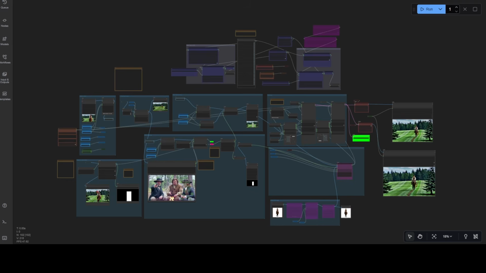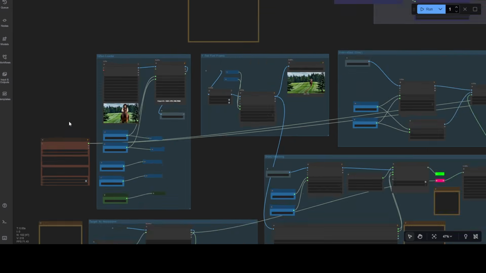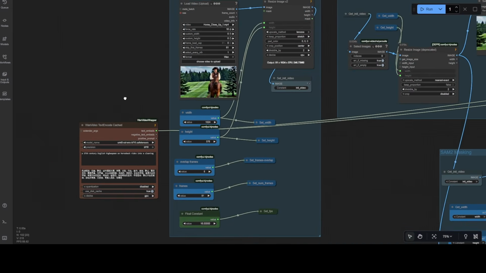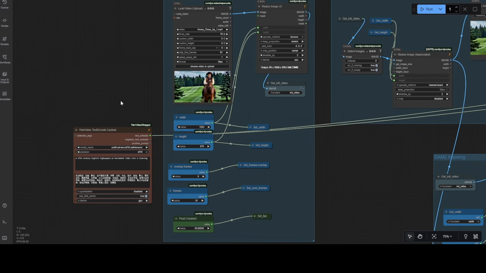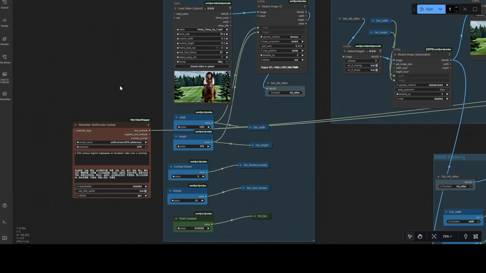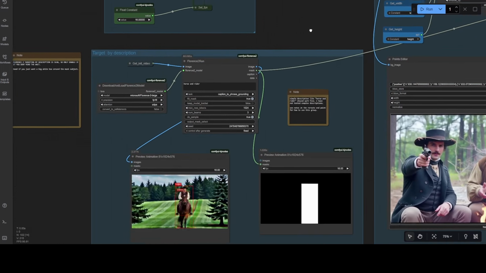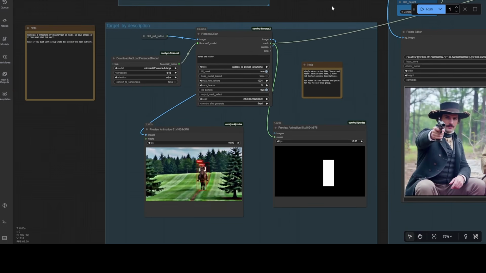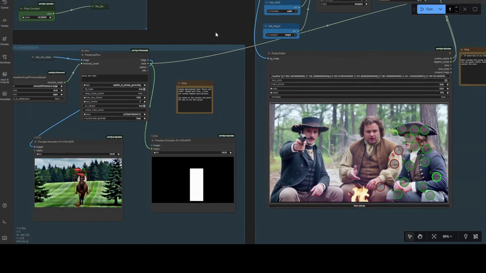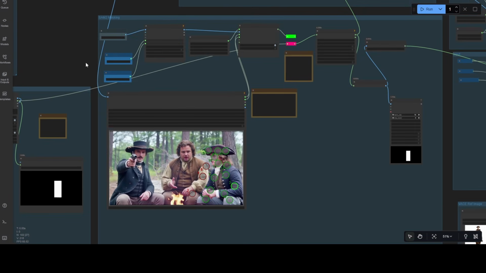And just to show you that the bear was a fluke, while also showing you the Florence 2 method of targeting subjects for masking by adding in a text description. Here is me targeting the horse and rider to swap in a higher quality character. The astute amongst you might notice the background of this video is looking different, and I will be showing you how I did that in the next video to restyle a video. And you can see with Florence 2, it tracks things slightly differently, but is equally as effective if you can target it with words. In this case, the simple words horse and rider did the job. Ignore the man with a gun that is only showing because I tested it previously